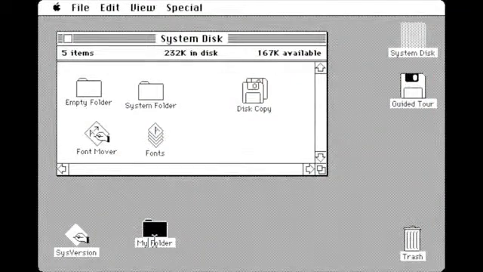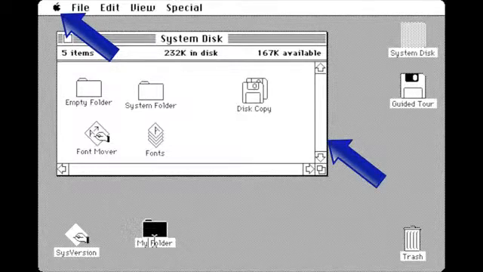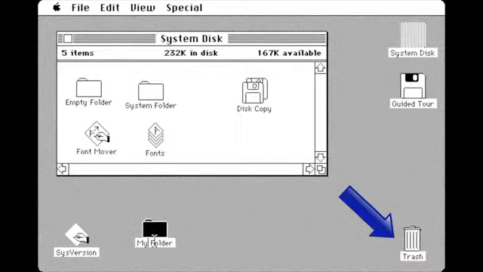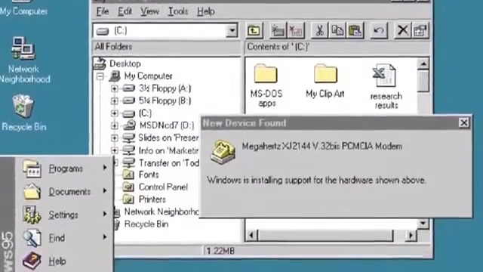Even today, you can see that the first Mac operating system has some striking similarities to what we use today. The Apple logo, the general layout of folders, the taskbar at the top, and the trash can in the bottom right-hand corner. In many ways, it's kind of like a primitive version of OS X, or more accurately, more like OS 9, but you can still see that Apple have retained the general layout of their desktop operating system after all these years. Microsoft would copy Apple in developing Windows, and of course Windows 95 was the biggest operating system